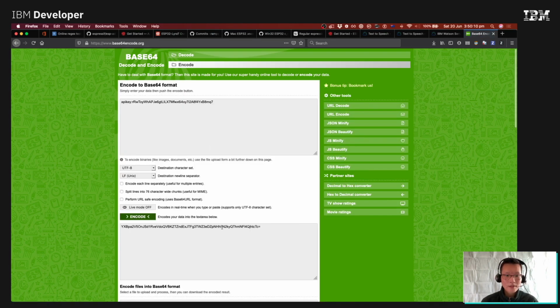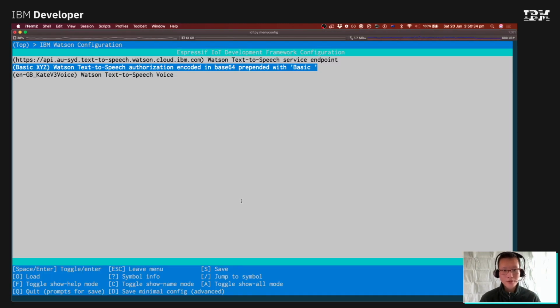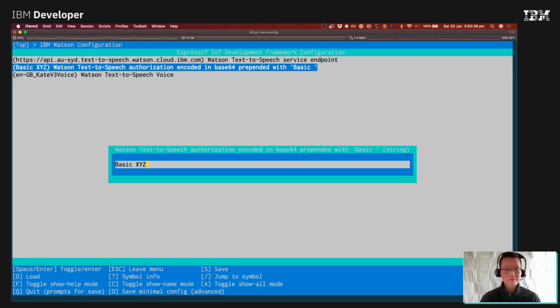The username is apikey, and the password is my API key, that really long string. Once I have put them together with a colon in between and base64 encoded it, you can put it into your kconfig file, or menuconfig, by pressing enter,